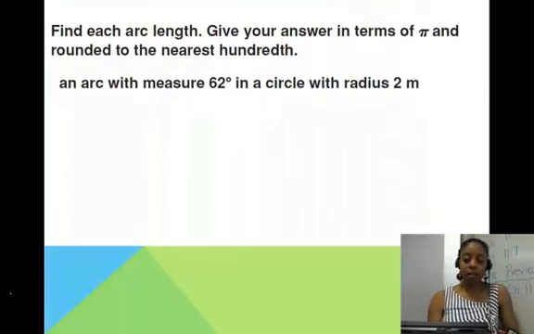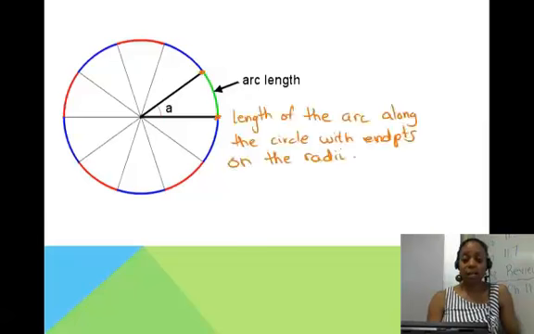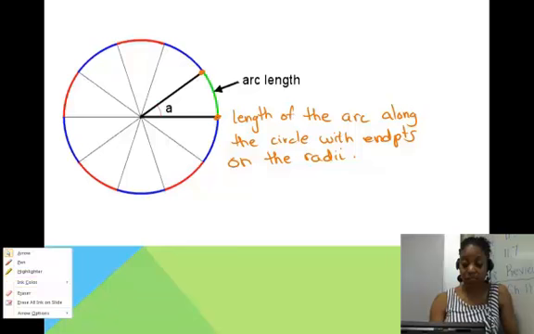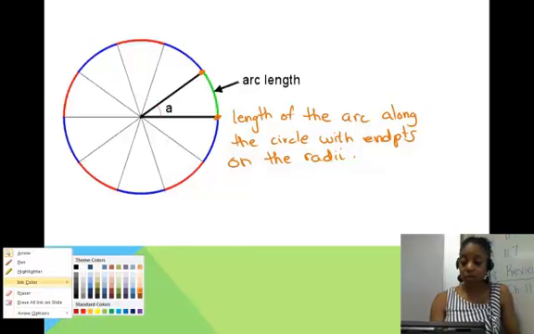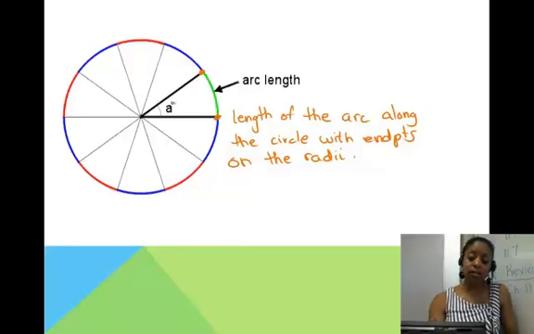So we're going to find arc length, let me go back. We're going to find arc length in the same way that we found sector. If we know what portion of the circle this is, then we can use that to find the portion of the, not area, but arc length would be a portion of the circumference. So if we said that this was A degrees, then this is A degrees. So our arc length